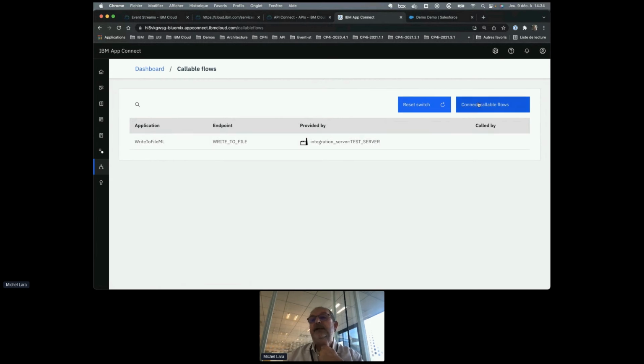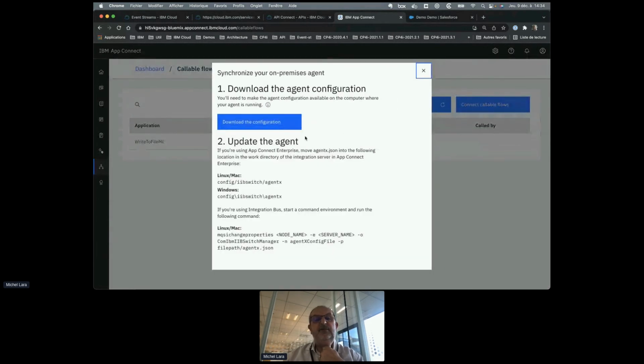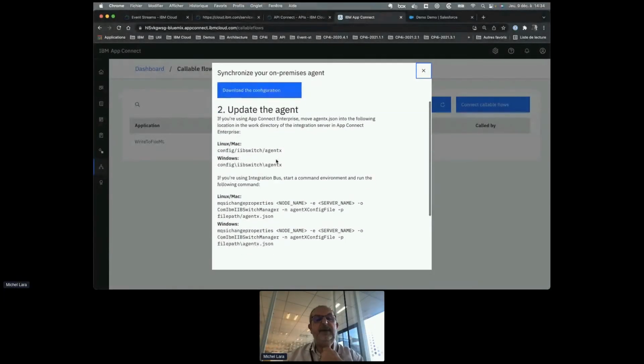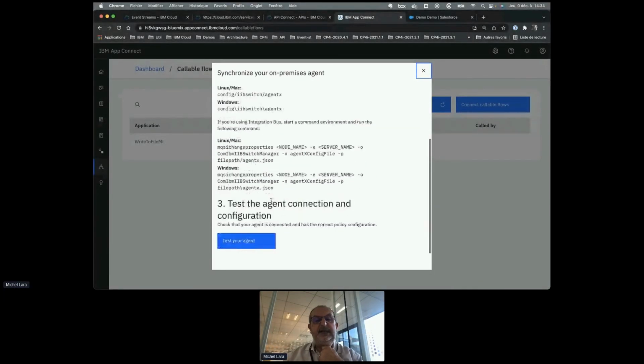To do that, it's very easy. You have to download an agent. You can download an agent on Linux, Mac, Windows. And then you have to test and connect. This creates a secure connection between my computer and the cloud.